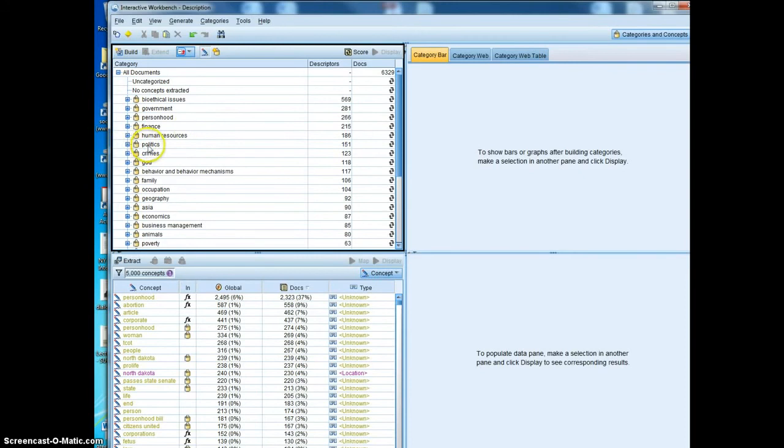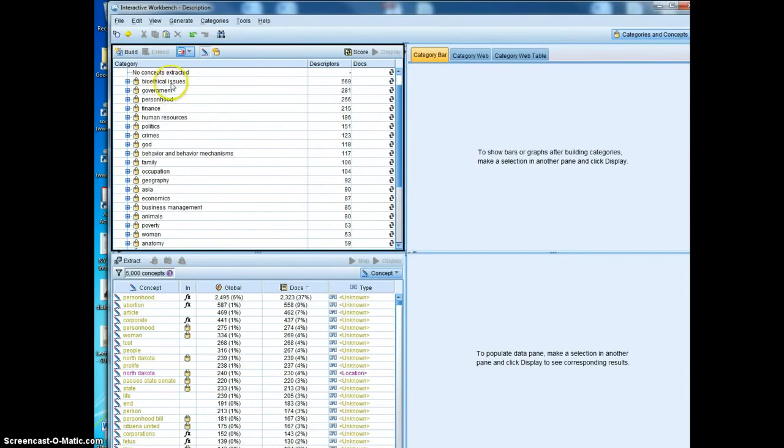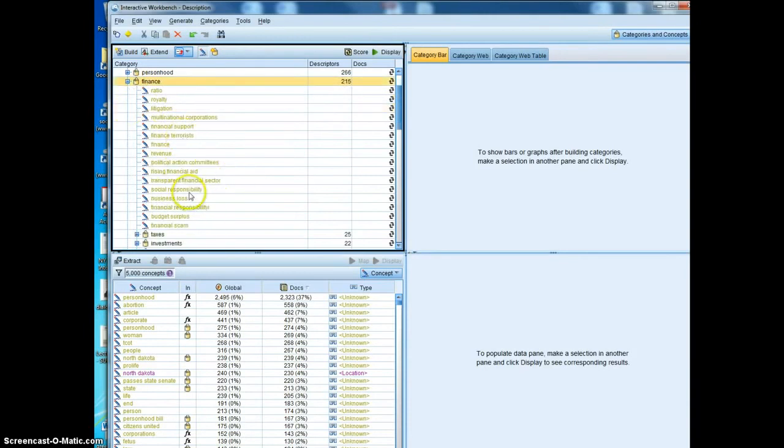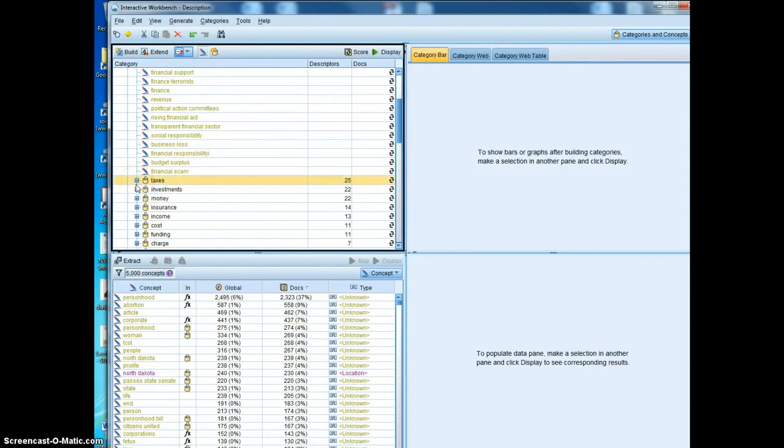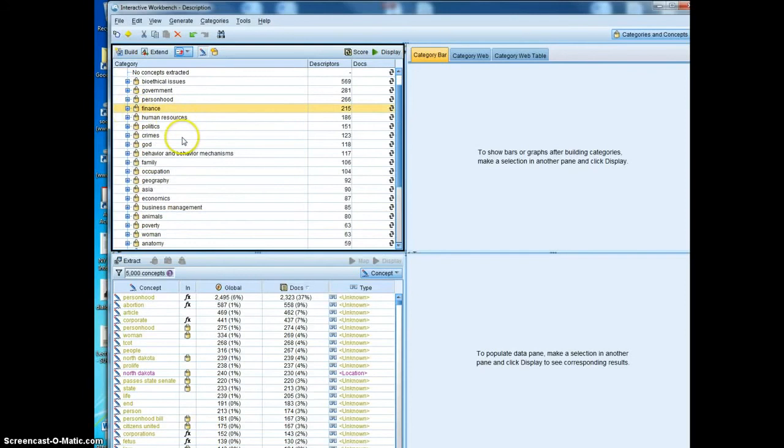What you see here is a first stab at categorizing the personhood data that I was examining. It came up with these themes based on how the social media data are discussing this issue: bioethical issues, government, personhood itself. You can click on these and see descriptors that are categorized within those and subcategories. And sometimes subcategories have even deeper levels of subcategories. Some of the coding is off and some of it's great, but you do have the power to edit the